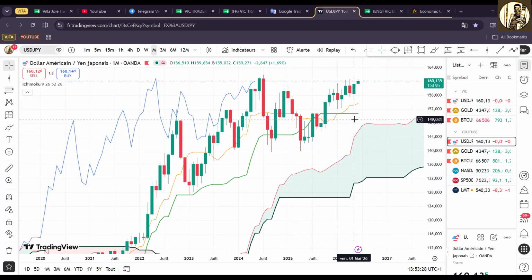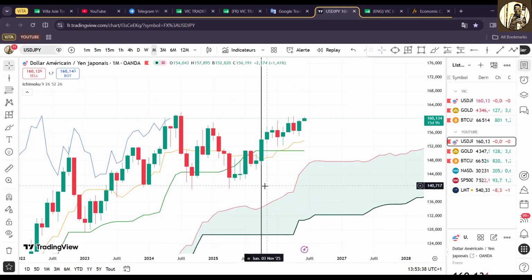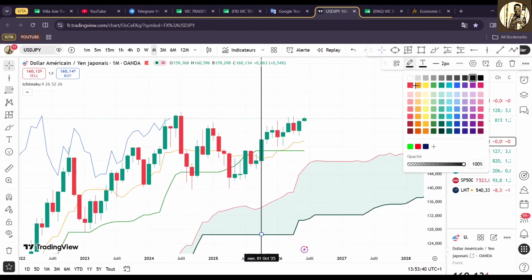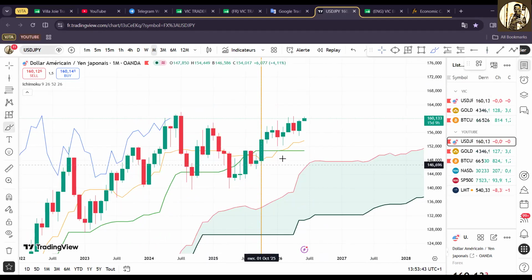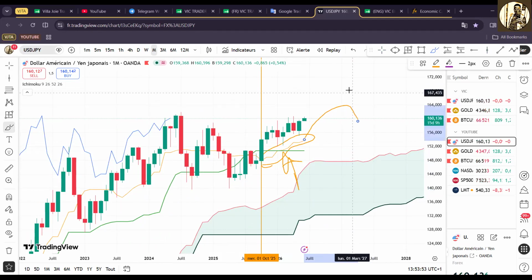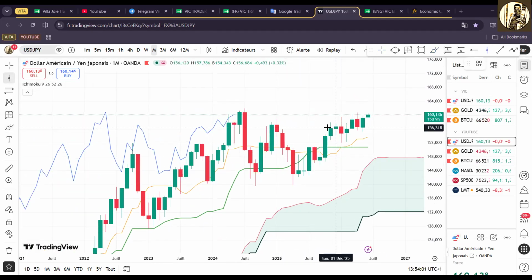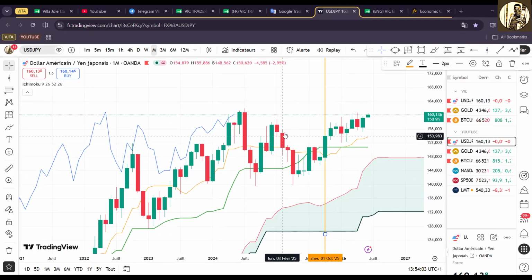So now what we're going to do is take Tenkan from the first time that it bended to the upside, like this. But for this one specifically, we will not use it, because Tenkan needs to first bend to the downside so that we have the whole length. So we will not use this one. Let us use another one, from this to this point.